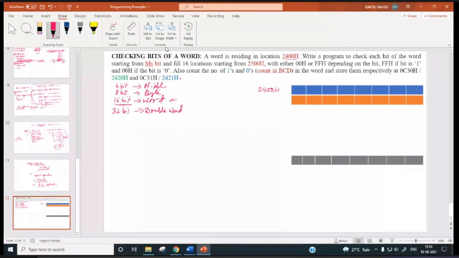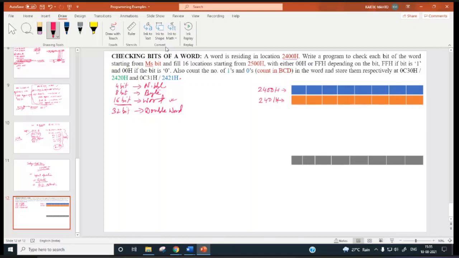A word is residing in location 2400 means a 16 bit data is there in location 2400, but it is going to 2401 also, right? 16 bit data: 8 bit in one location, another 8 bit in the other location.